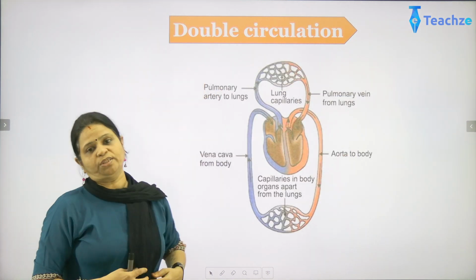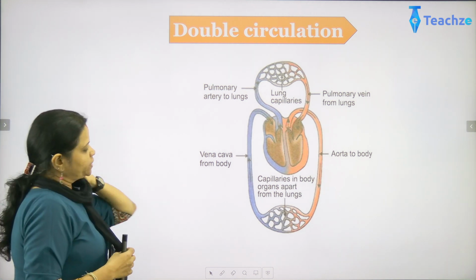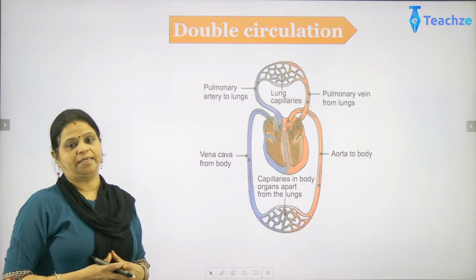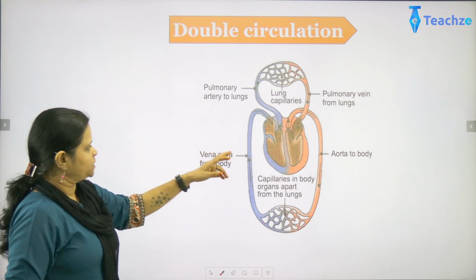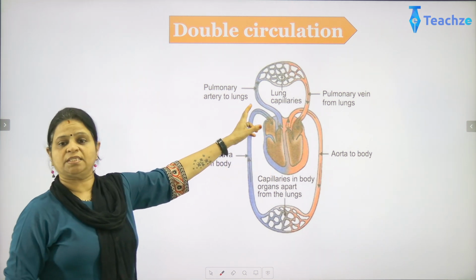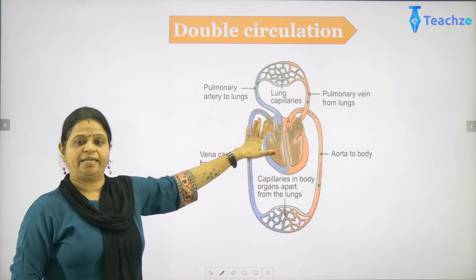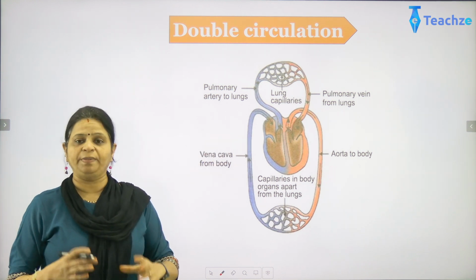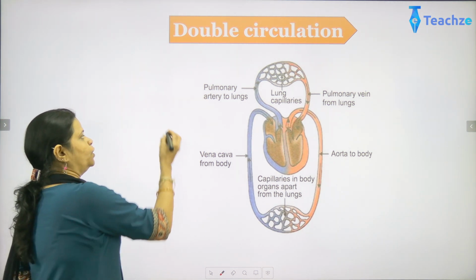So what we see on the screen is a double circulation. Before we get into the double circulation, we have to understand what exactly a heartbeat and a cardiac cycle are. Whenever the blood flows, you can see the blood is flowing towards the lungs, and then it's flowing towards the chambers and then taken towards the lungs. Now, that is how the direction happens. This particular cycle has to be completed in a certain period of time. So heartbeat, as we all know,